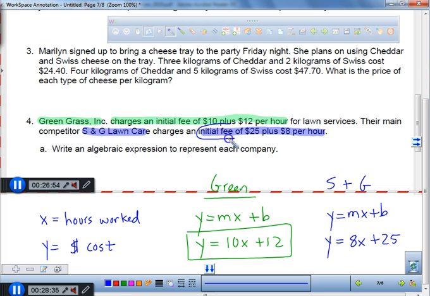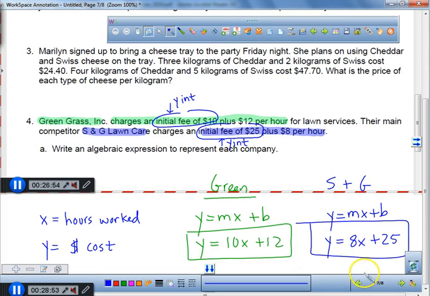You see this part where it says initial fee? Here's what I need you guys to write down in your journal somewhere. Make sure you always know the initial fee will always be your y-intercept. Every single time. The initial fee is not your rate, it's the y-intercept. So we set up all 4 of them. Tomorrow what are we going to do? We're going to solve